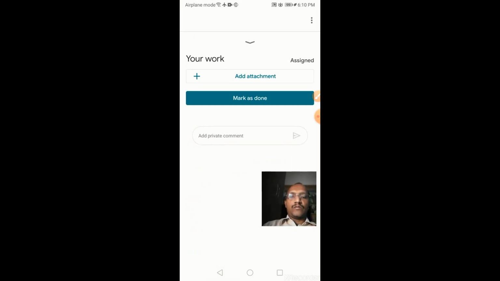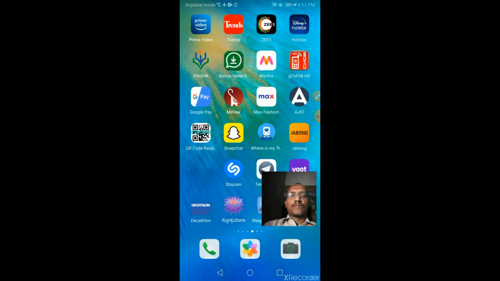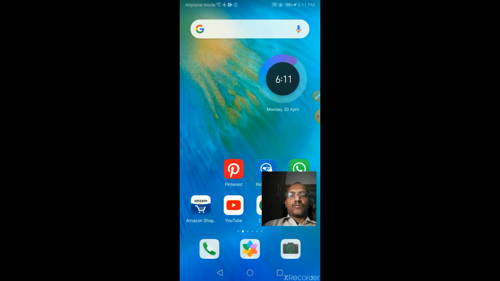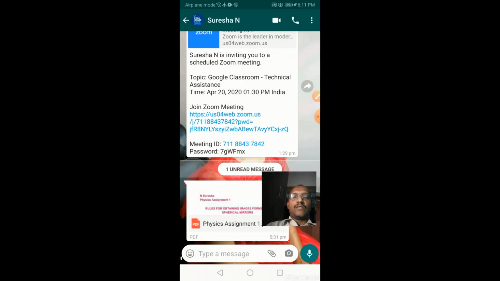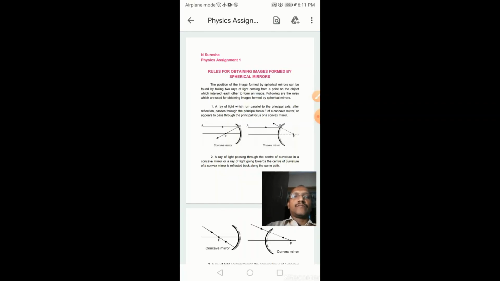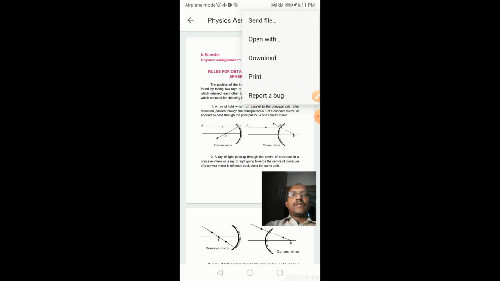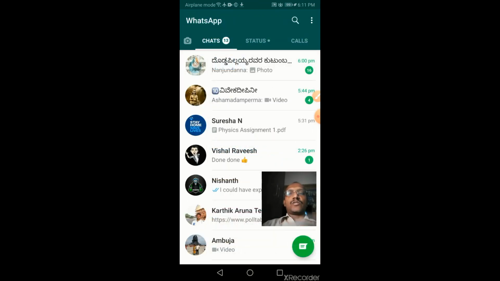Okay, how to download it from WhatsApp. Oh, so many icons. Okay, yeah, physics icon. Yes, it is here. Let me download this. Okay, it is in downloads now.